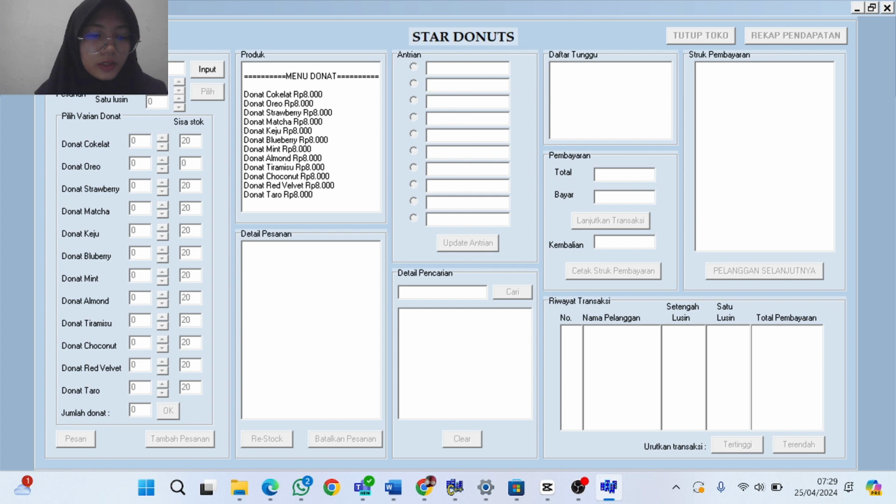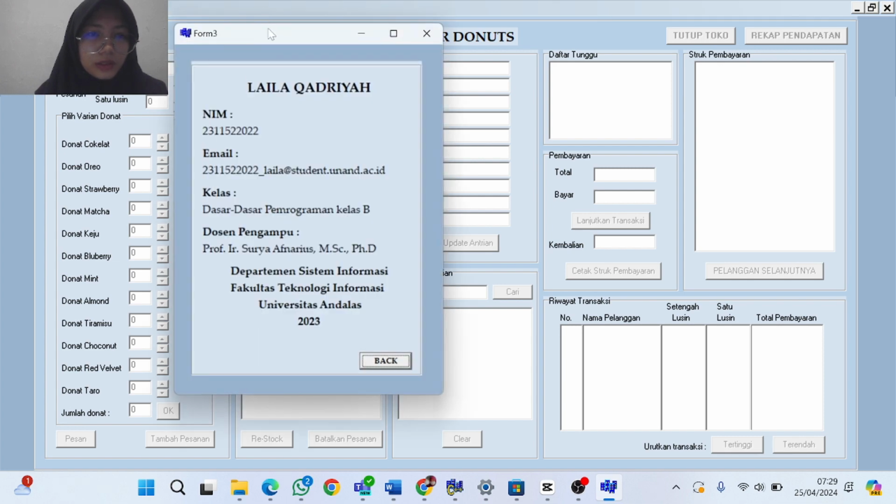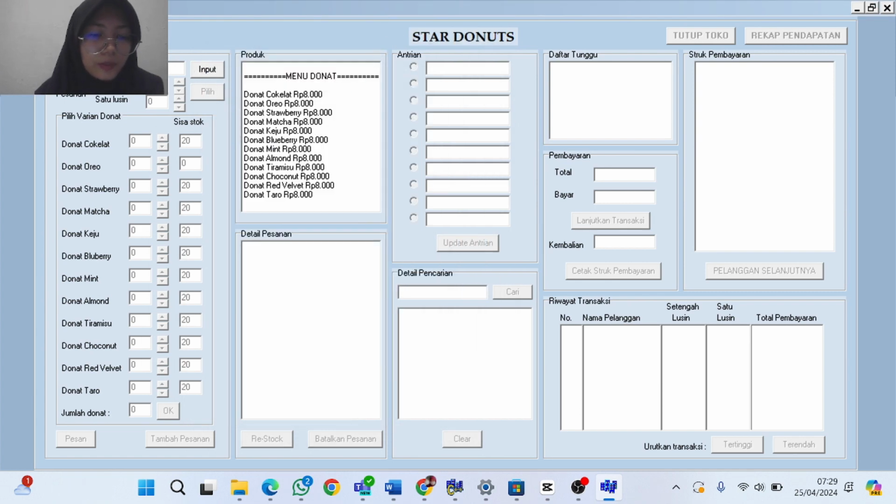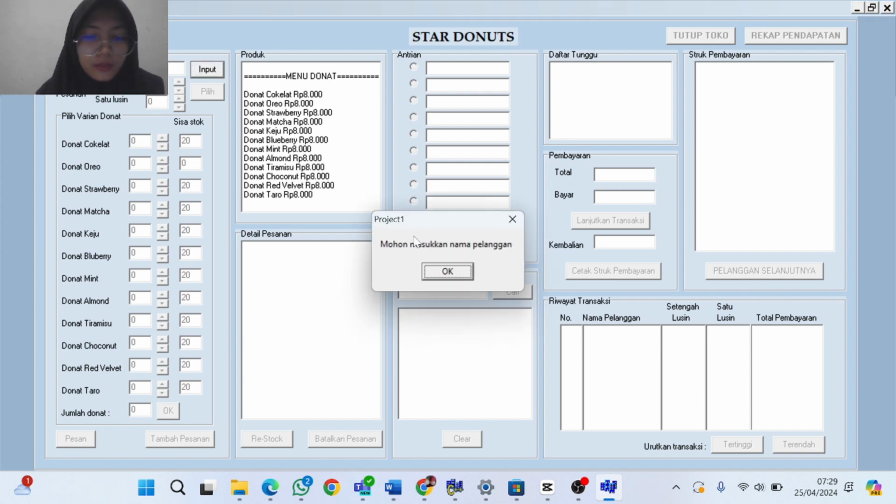Here is a button with my personal data as the creator of the program. Here is the customer input button. If this is empty, the message please enter the customer name will appear.